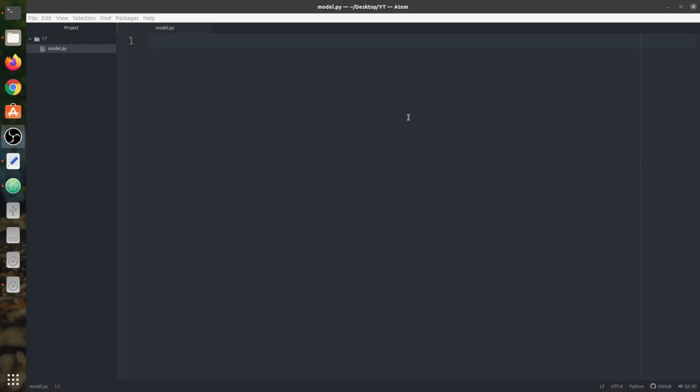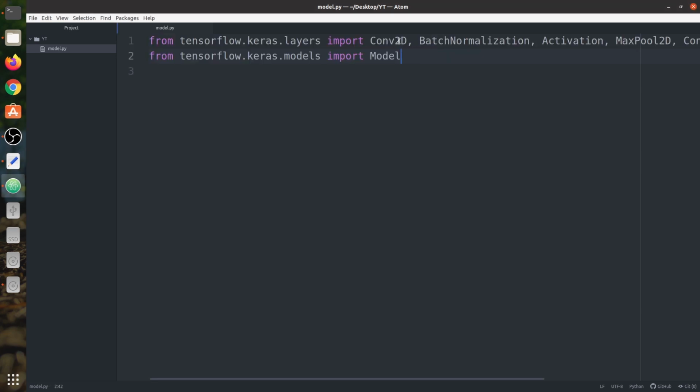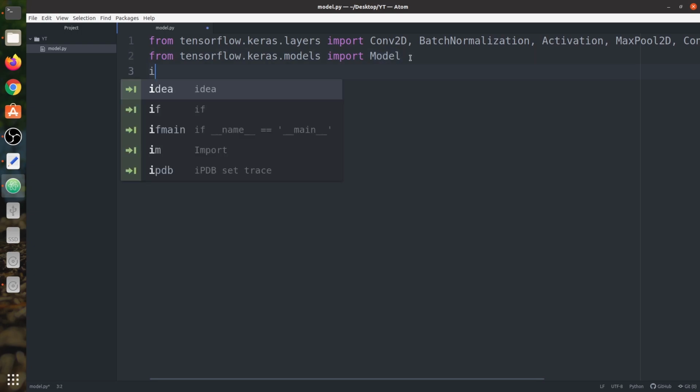Here we are in our Atom text editor and we have our model.py file. First of all, we are going to import all the required layers and functions. So we have imported all the layers including convolution, batch normalization, activation and more. Next, we have imported the model class. Next, I'm going to show you which version of TensorFlow I am using.